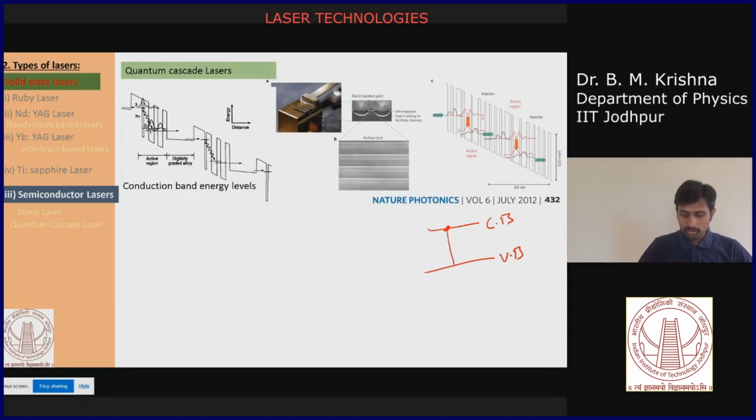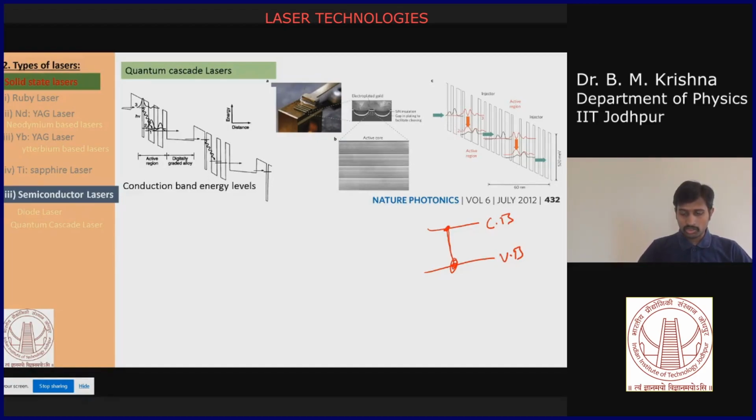Now your electron will be combined with the hole. So that means electron-hole recombination is happening in typical semiconductor lasers or conventional semiconductor lasers. Now your electron always stays in the valence band, but in a quantum cascade laser, your electron is always in the conduction band, so it will tunnel through to the next active region. So that means you are utilizing the electron multiple times, not like this. Here one electron you utilize, that will be within the valence band.